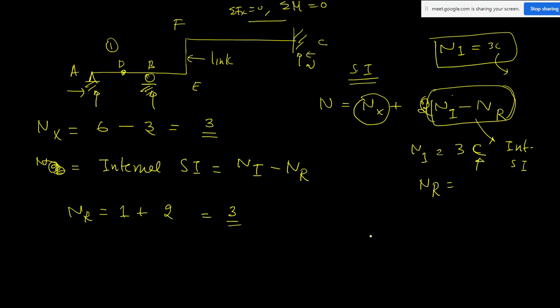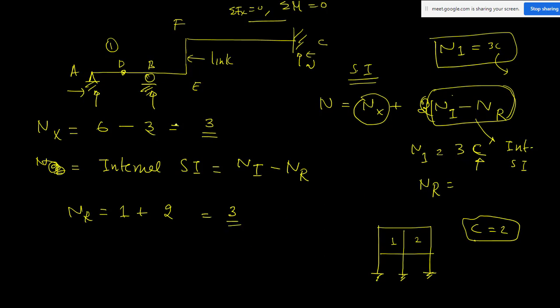That I have to explain. The closed loop means, again I have to explain that. Suppose you take a frame structure like this, because the closed loop will be 0 for all beam questions. If you take a frame structure like this, this is closed loop 1, this is closed loop 2. So in this case the number of closed loops, c value, will be 2. I'll explain that for the frame case, then it will be clear.